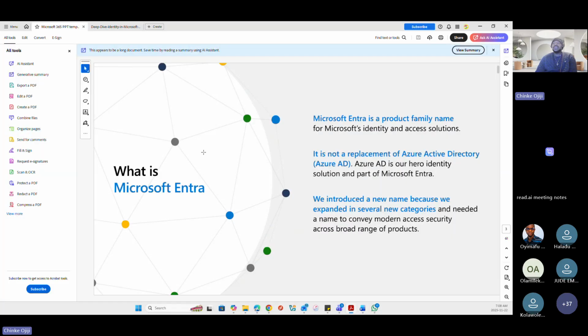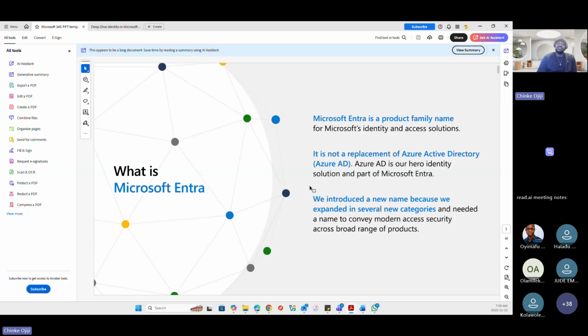I know a lot of you already know what Microsoft Entra is, but I would just want to make some clarifications so that you understand. Microsoft Entra is Microsoft's identity and access solution, right? It is not a replacement of the Azure Active Directory. Azure AD is where it all started from, right? And it is a part of Microsoft Entra.